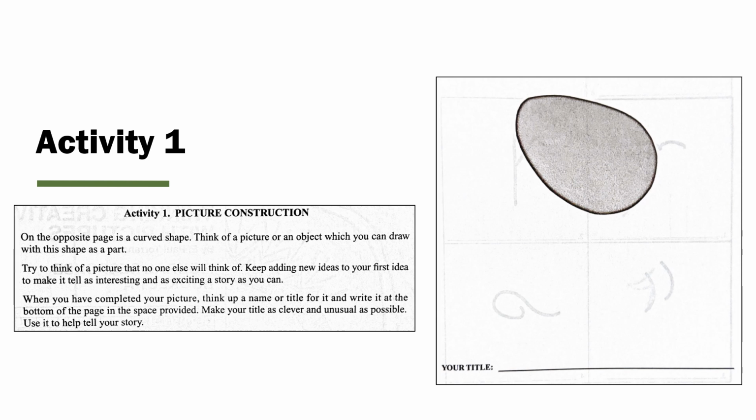This activity is called picture construction. On the opposite page is a curved shape. Think of a picture or an object which you can draw with this shape as a part. Try to think of a picture that no one else will think of. Keep adding new ideas to your first idea to make it tell as interesting and as exciting a story as